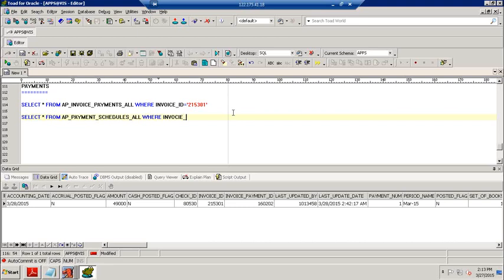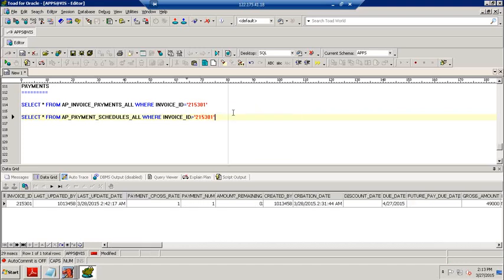Where invoice ID equals 215301. Done. We don't have any pending. Next we have AP checks all, where invoice ID only.